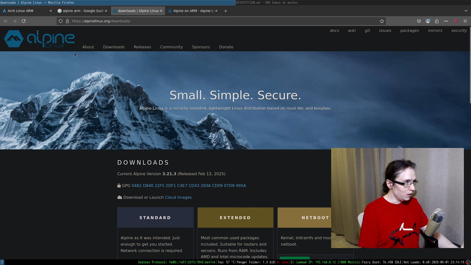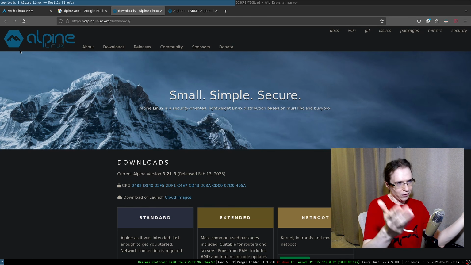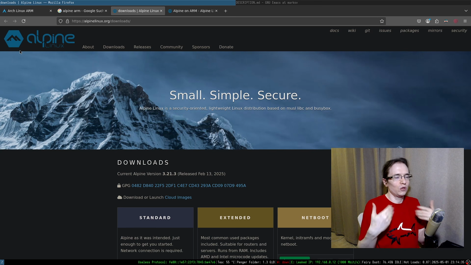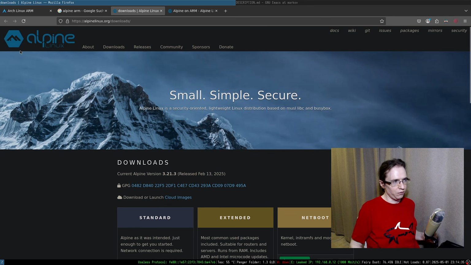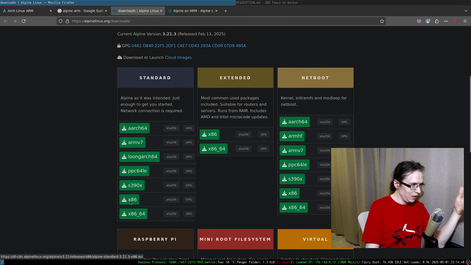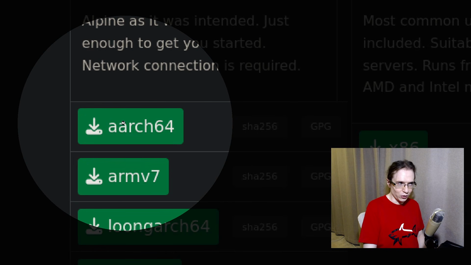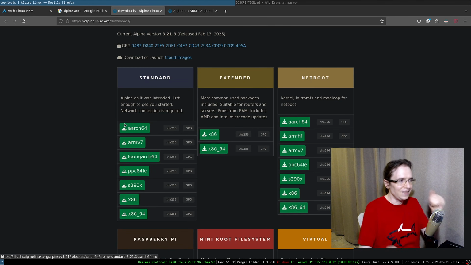We discussed what kind of distro to use in the pre-stream with the chat, and chat suggested Alpine, which kind of makes sense to me. It's a very simplistic distro. I don't need a server-side distro or a desktop distro, I just need some sort of simple distro, and Alpine fits into that really well. On top of that, since it's so simple, it's been ported to all sorts of architectures, and as you can see, ARM is even sort of the first one, which is kind of ironic. So I think it's a perfect candidate for this kind of thing.